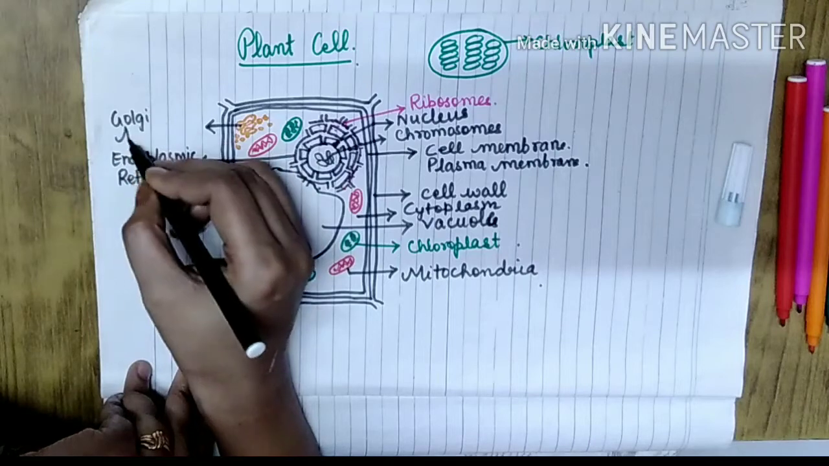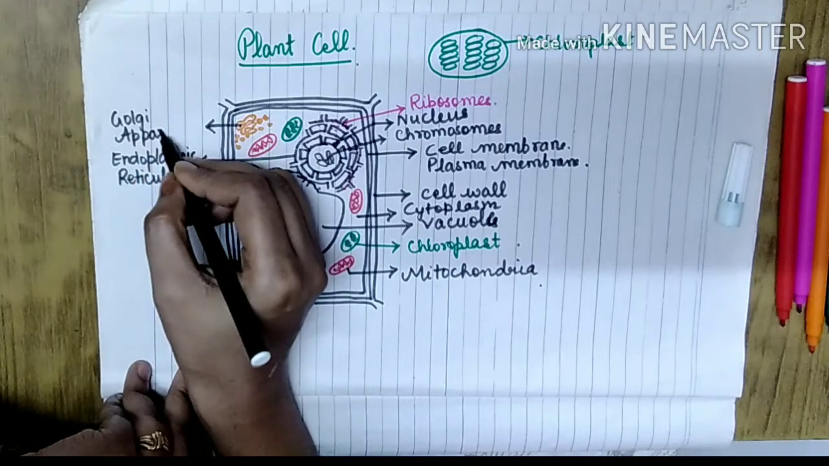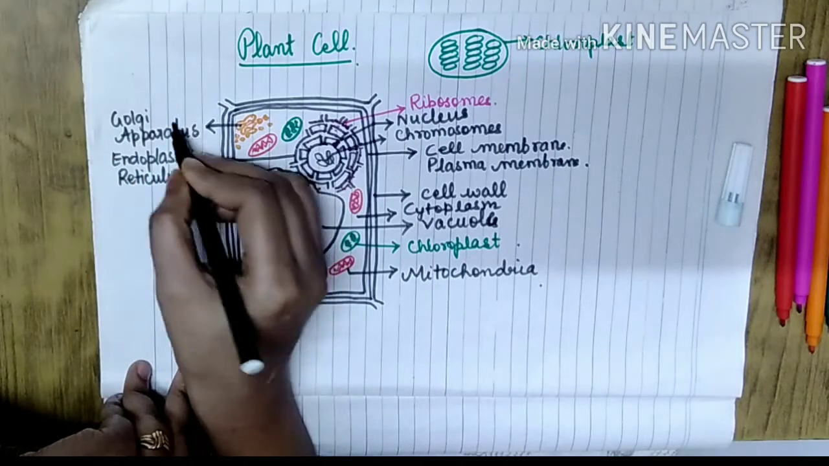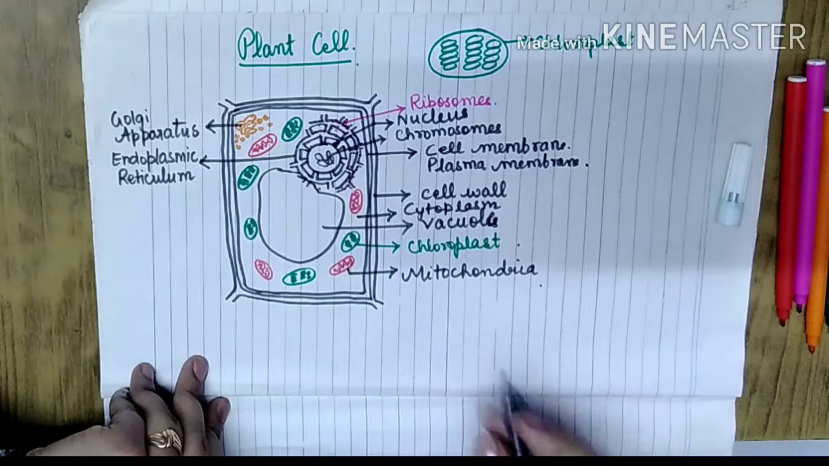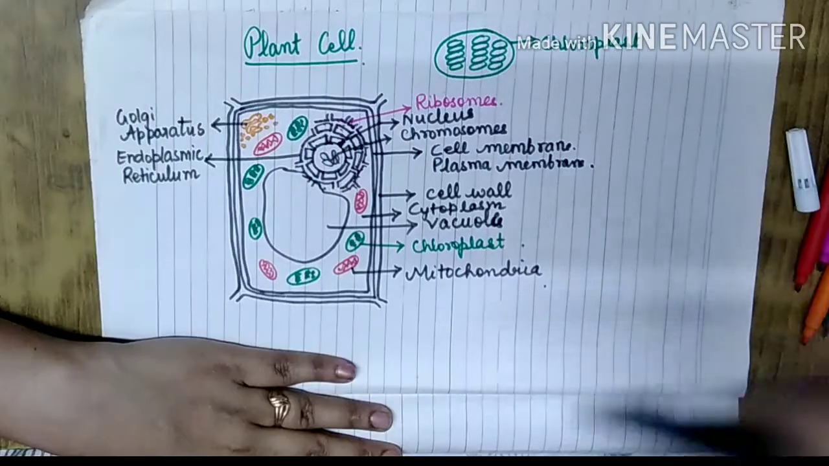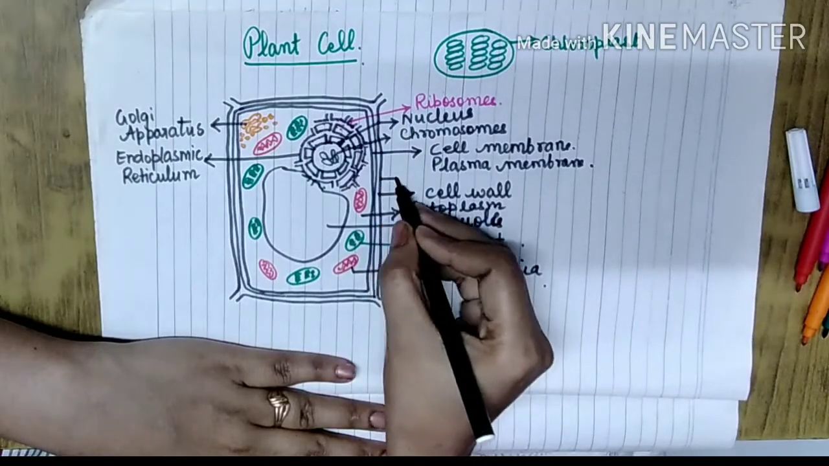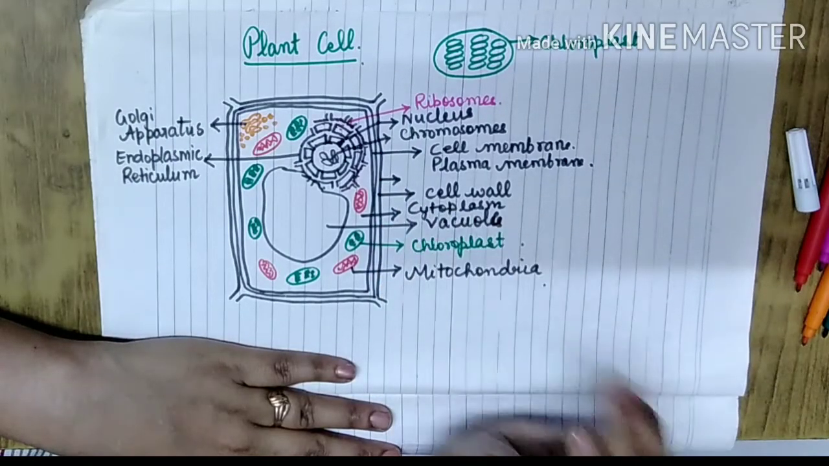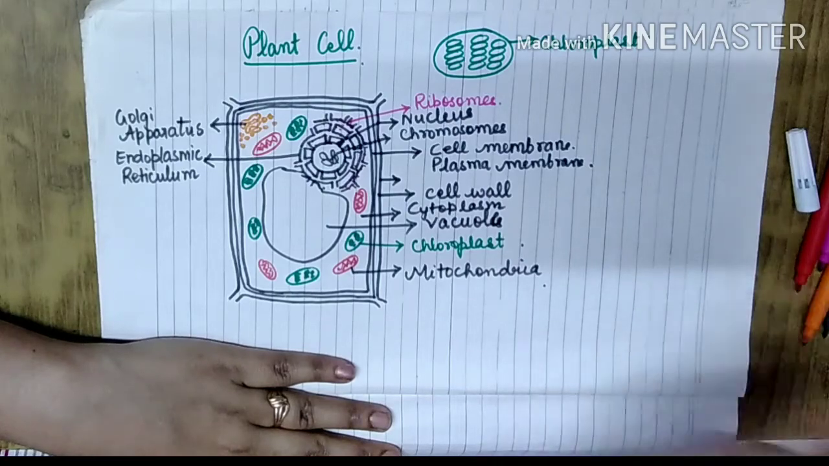So this is the diagram of plant cells, and you can compare these two diagrams of plant and animal cells to find out the difference. So what does the cell wall contain? It contains cellular